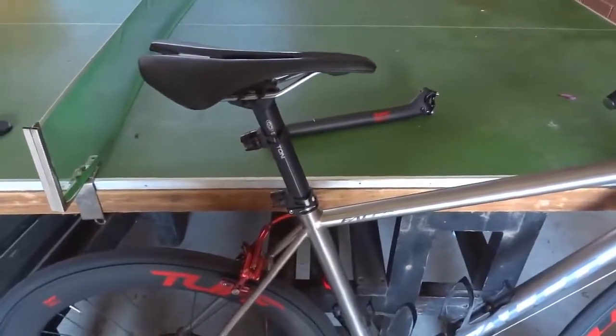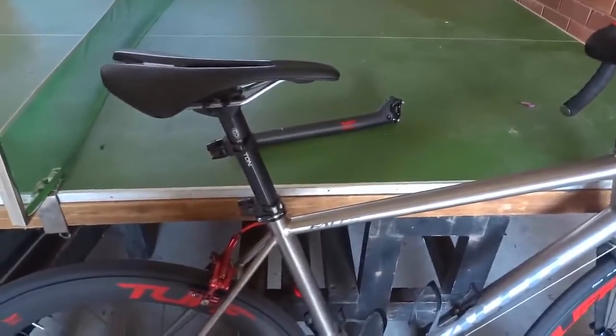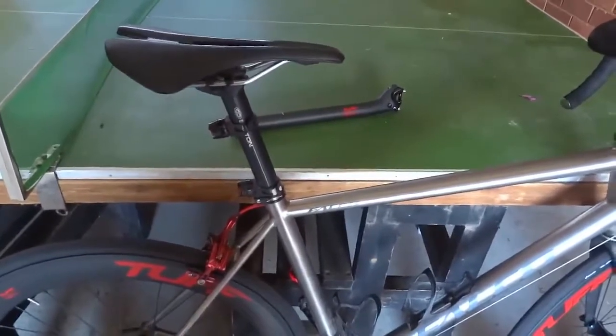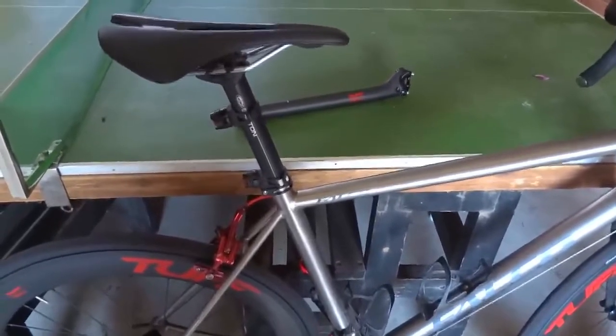This is just going to be a quick video to talk about comfort and saddle height. One of the most important things about cycling is to be comfortable on the bike. That means that you've got to get the saddle position in the right place, and saddle selection is an extremely